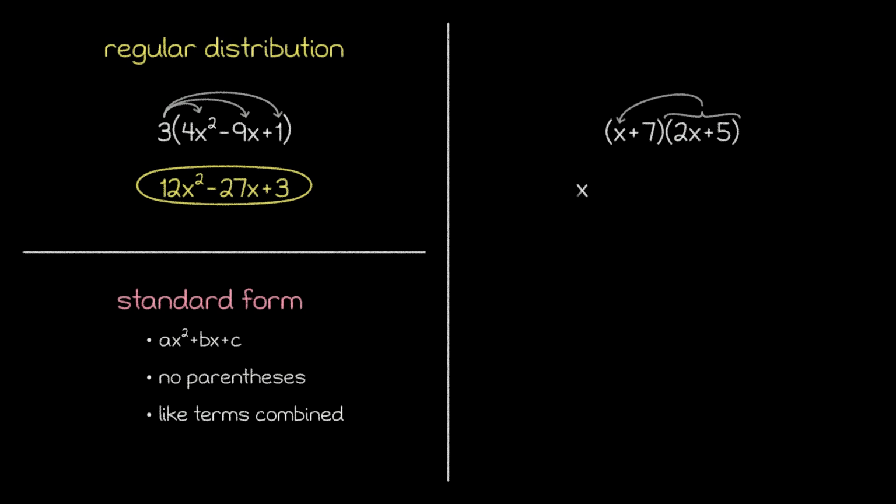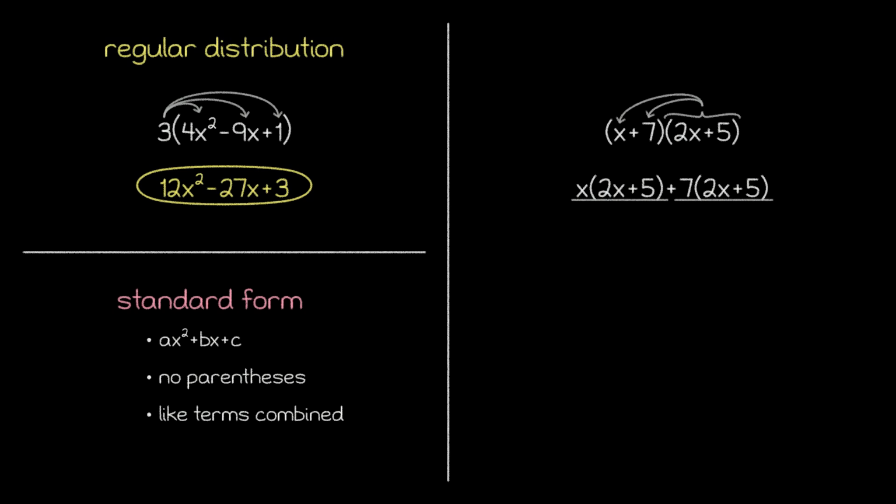This process isn't too different from the distribution that we've done before. We just have to distribute an expression instead of a number. The unfortunate part, though, is that our result is still not in the standard form. In fact, we still have two sets of parentheses. But notice that our sets of parentheses are now separated with addition instead of multiplication, which will come in handy since we can now simplify these two sub-expressions separately.